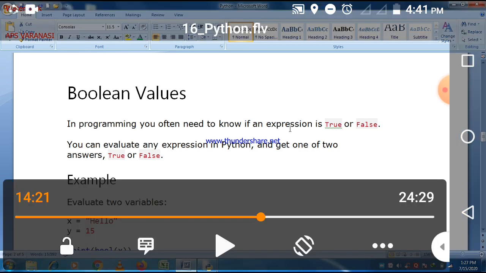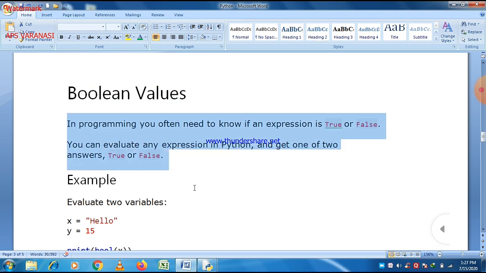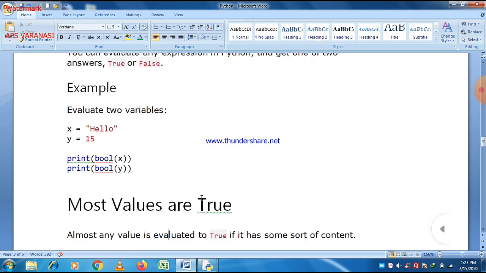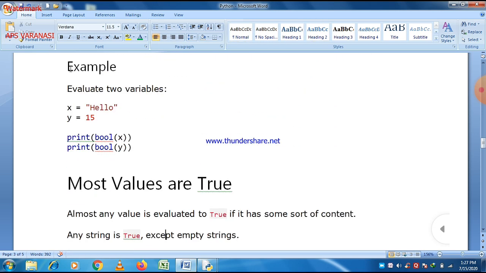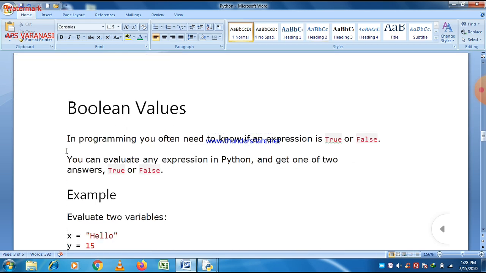So next our topic is boolean values, and as we know, a boolean value returns only two types of answer. Either the answer is true or false, and you can easily see that a value may be a number or maybe a string. A number may be complex or float, or it may be a binary number or an integer. So let us check what the output of this program is. Here we can see that x is equal to hello, which is a string, y is equal to 15, which is also a number, and we want to execute this program.